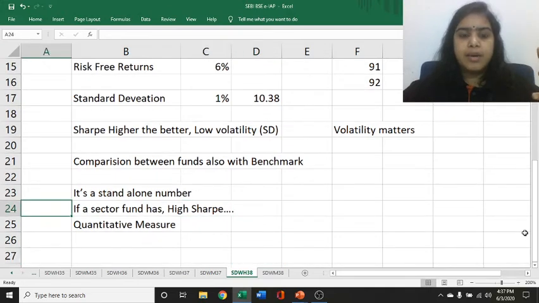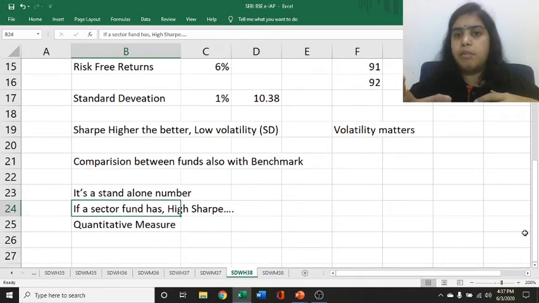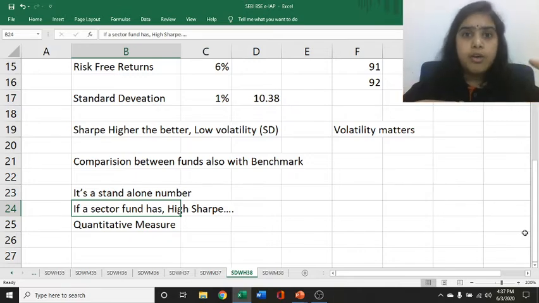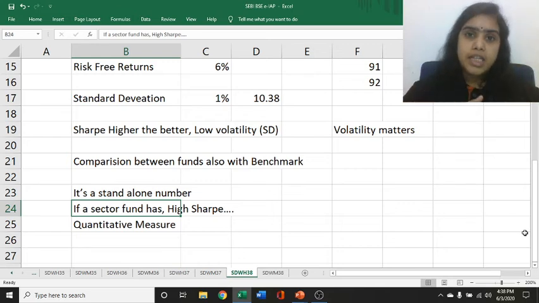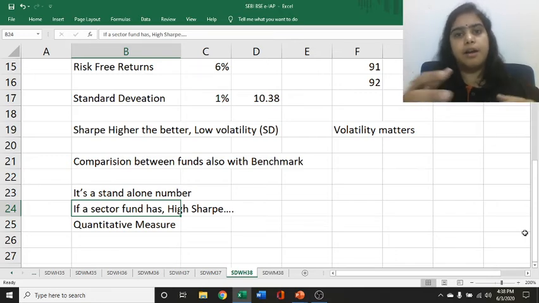So let us say, for example, a banking fund is there and the market is doing very well, banking stocks are performing very well, so the fund is giving good return and the Sharpe ratio is also very good. So is it suggesting that there is no risk and the Sharpe ratio is very good, so you should go for the sector fund? No. If some new regulation comes up from RBI or the government says something, and if it is hurting the banking sector, then there will be a disastrous situation. So it is not the only thing on which you should decide whether to go for this fund or not, but it can be one of the major measures to understand the fund, compare the returns, compare two funds, or compare the fund with the benchmark.